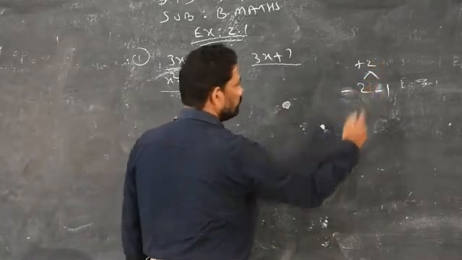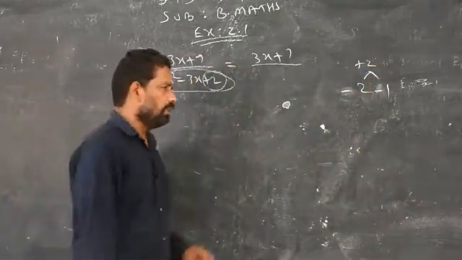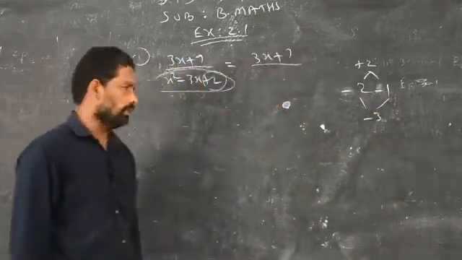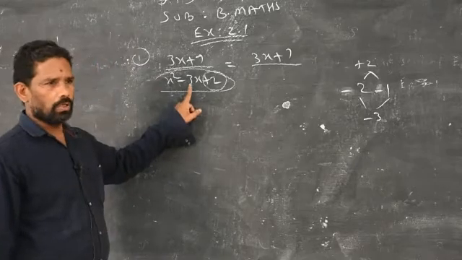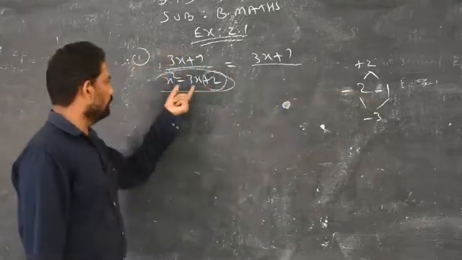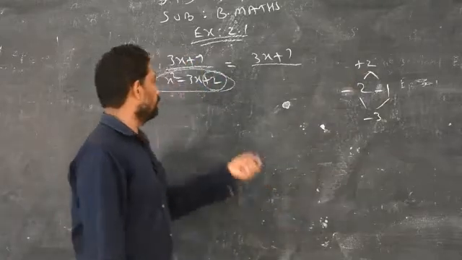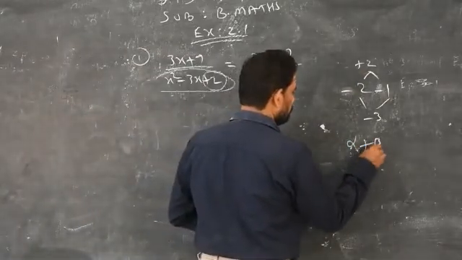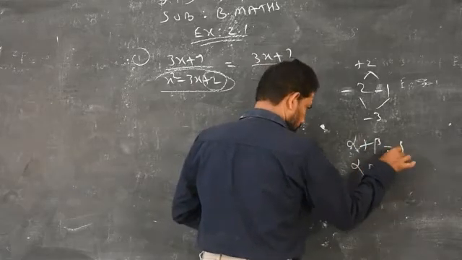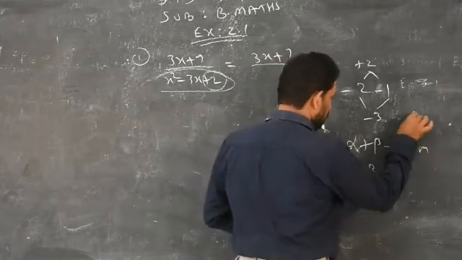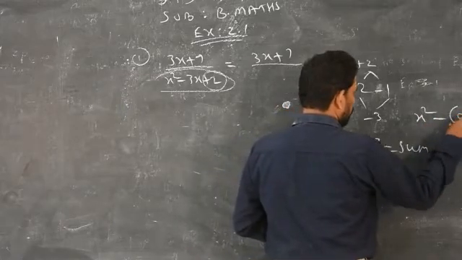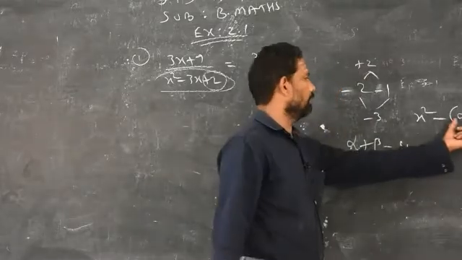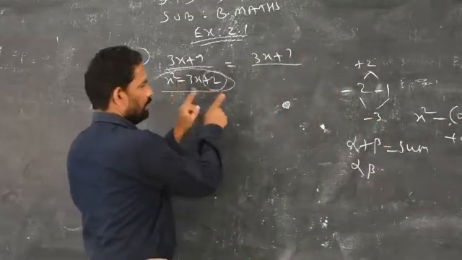Then 2 times 1 is 2, so your product is correct. Now you have to check when you add these two, you are supposed to get how much? Minus 3. Is it there or not in the middle one? So the addition of these two factors should be in the middle term and the product should be in the last one. This is nothing but what you studied in 10th standard, alpha plus beta and alpha beta. This is the sum. Just to remember, you are applying this formula like alpha plus beta x plus alpha beta, isn't it? So sum, minus 3 is the sum.